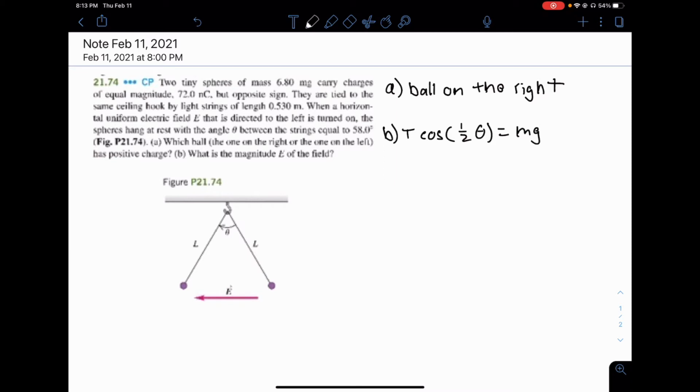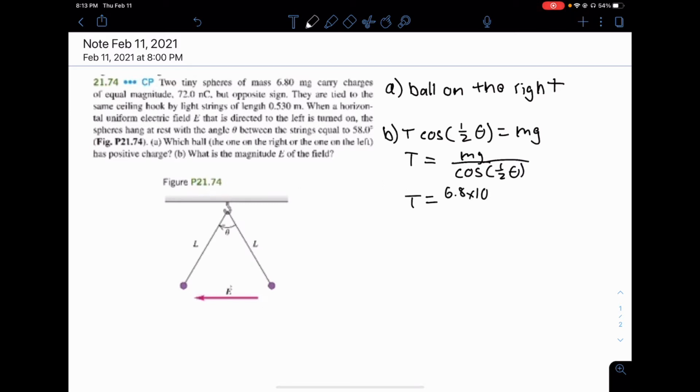So we are solving for the tension force. T is equal to mg over cosine of 1/2 of theta. And plugging that in is going to give us